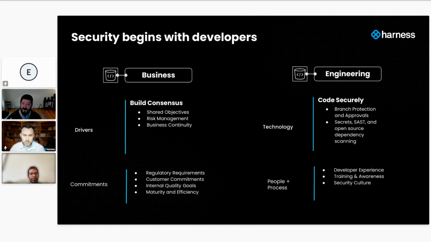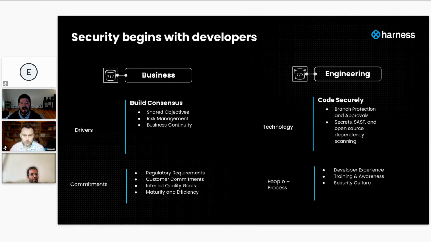So we know what our current state is, we know where our target state is. We want to be able to demonstrate progress as we implement different technologies and make changes to the SDLC, understanding how we measure those things, whether it's some internal metrics or referencing against industry standards from organizations like OWASP or Synopsys or SLSA, which I know we'll talk about a little bit later.